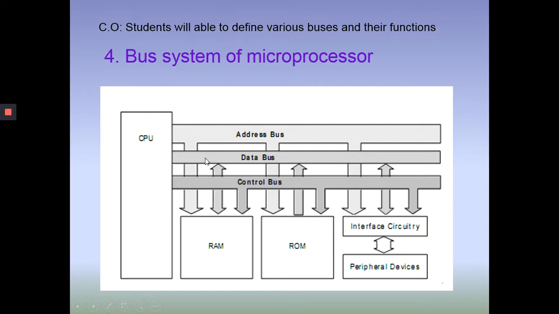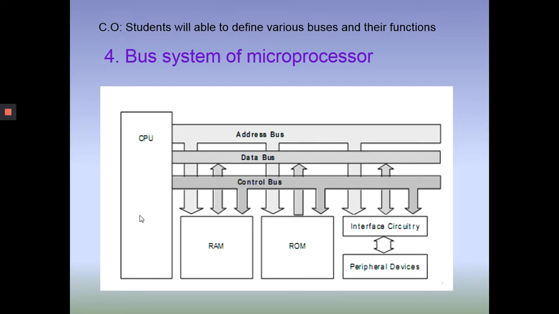Now the role of the address bus is to place an address, and that will point either to a memory location or to certain port numbers if the device is an input or output device. Once the address bus is used for placing the address, from that location we have to take data or an instruction to the processor. So the data bus is useful for transferring data, the actual content, from the microprocessor to the memory or input output devices, or from input output devices or memory to the microprocessor.